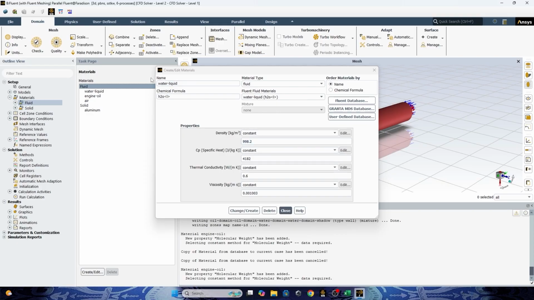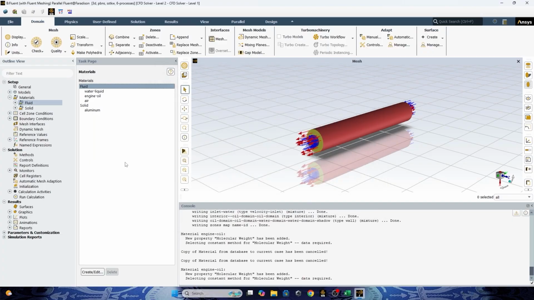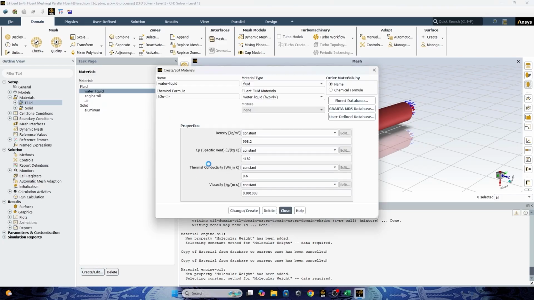Okay, so we already have the properties here. You can close. If you have different fluids, and the properties of the fluids that you want to simulate are not provided by ANSYS, sadly you need to define your fluid properties first in here.